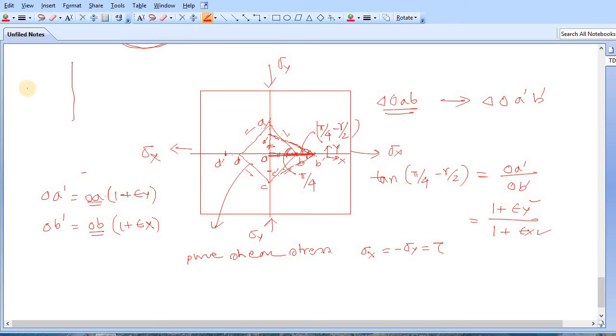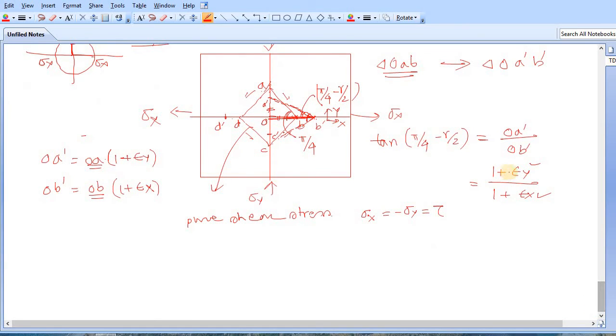Just recap the stress circle. Here this was your sigma x, this was your sigma y, and the stress acting at this point is tau. This is nothing but your radius, or sigma x, or minus sigma y. Clear? So what is the strain in x direction? Epsilon x is,